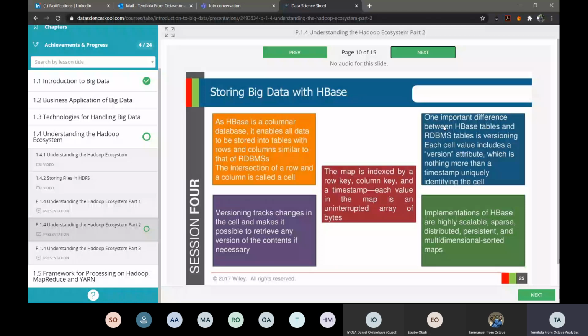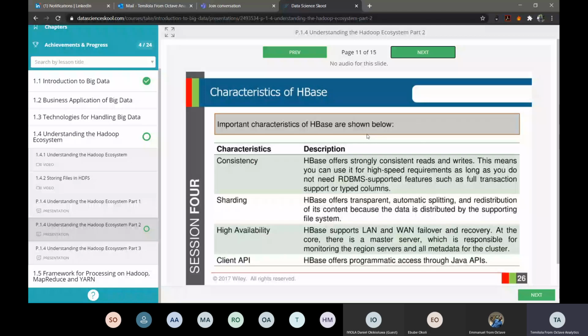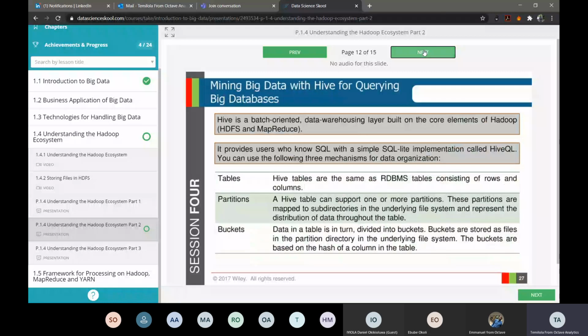Then HBase offers transparent automatic splitting and redistribution of its contents. HBase supports LAN and WAN failover and recovery. For your client API, the HBase programming language is Java, meaning you communicate with it using Java APIs. That's for HBase. Then for your Hive, now we are talking about mining big data with Hive for querying